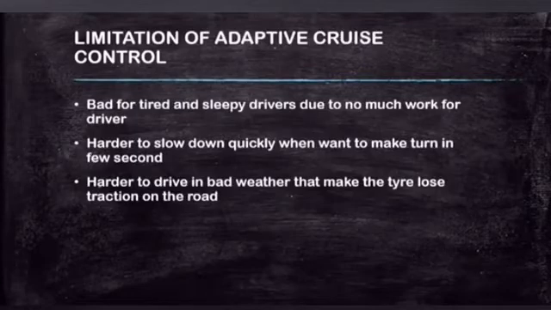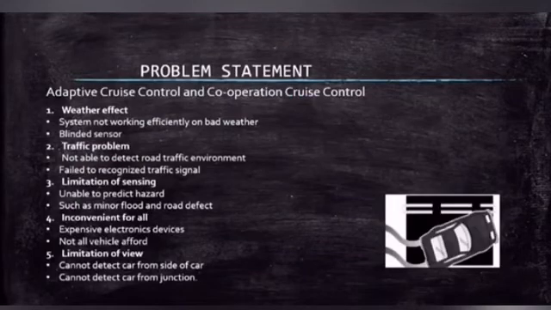Secondly, it is not suitable in bad weather where the tire loses traction for braking. After the study was carried out, we can conclude that adaptive cruise control has problems. First, the weather effect: it is not efficient in bad weather because of blinded sensors due to fogging, raining or snow